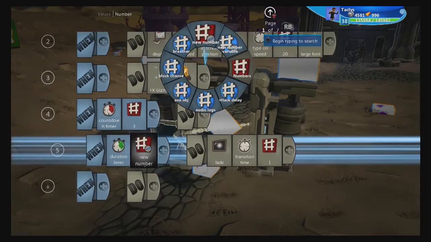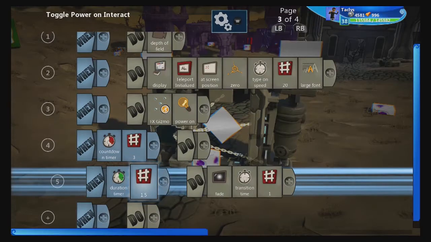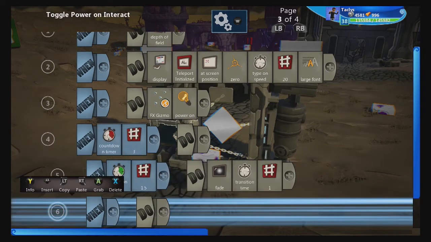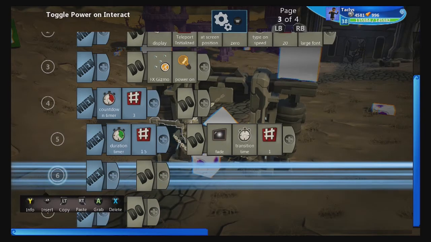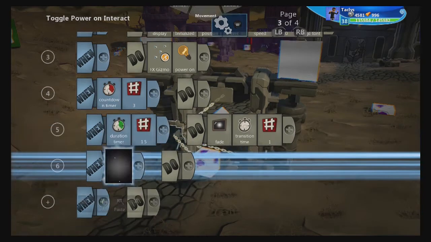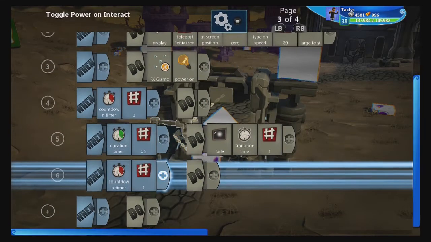That's not 1.5. That's 1.5. So it takes 1 second to fade in. It'll take 1 second to fade out. So 1.5 seconds means it'll take 2.5 seconds to go from normal screen to dark back to normal screen. Okay. So then after a countdown of 1, as soon as the screen goes black,